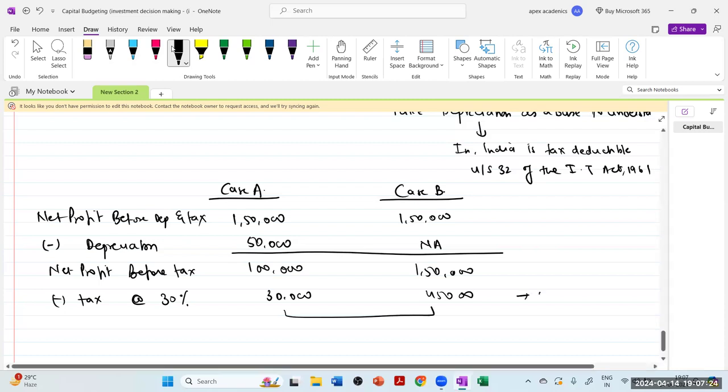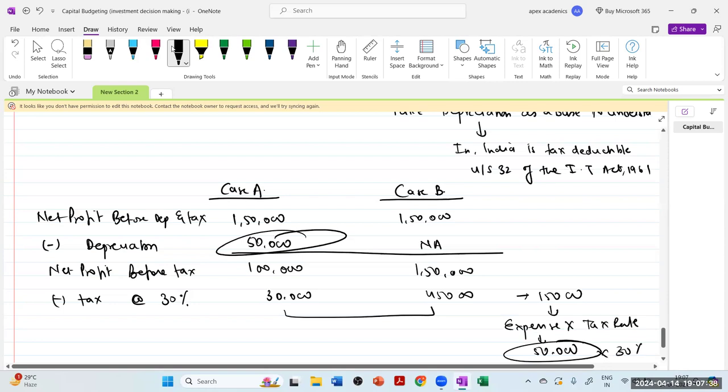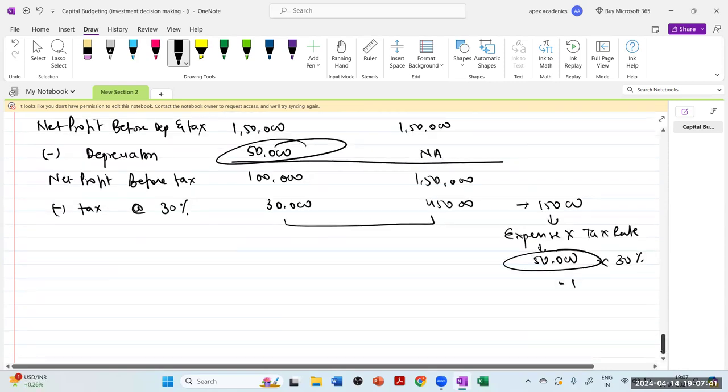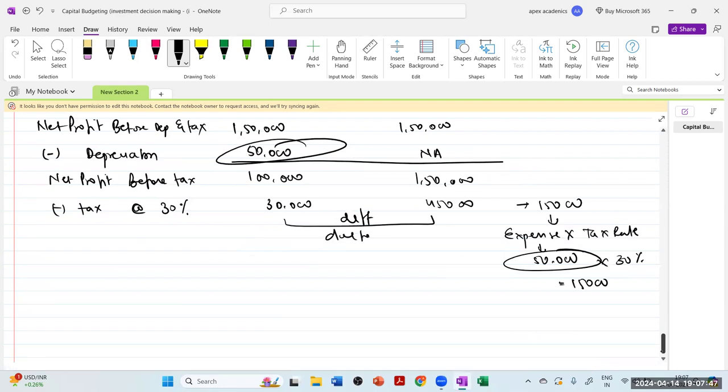What is the difference between this? It is 15,000, and 15,000 is nothing but your expense multiplied by tax rate. What is your expense? 50,000 multiplied by tax rate 30%. What do you get? This difference is the fact that due to depreciation,